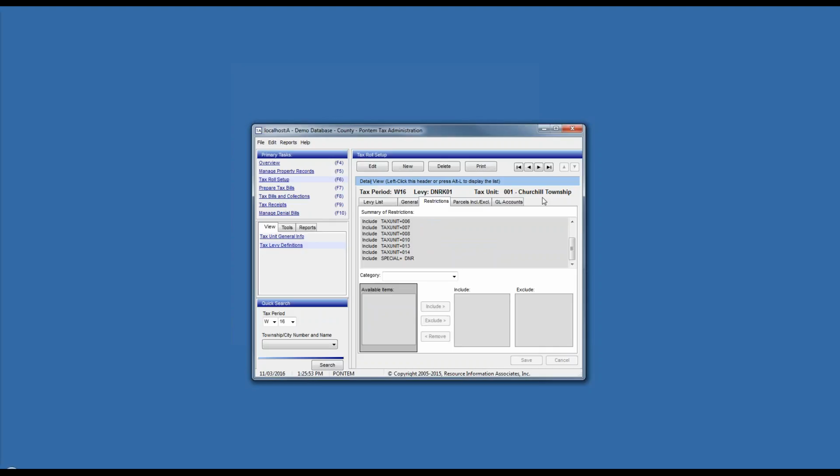Restrictions are the piece of information that determines exactly which parcels are going to get this particular levy. So this one has quite a long list of items here, but it's definitely being applied against some specific tax units. And also this one is specific for DNR. So this is a replacement levy for the summer DNR tax bill. So it gets included on the winter bill. To make a